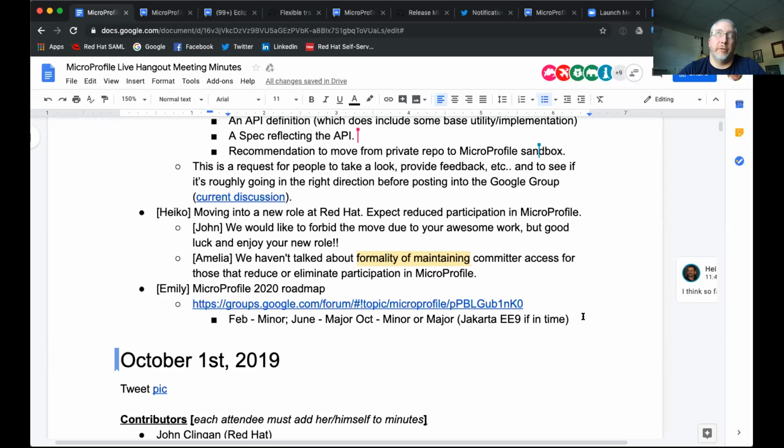Well, from my perspective, and I think I've made this clear to quite a few people, until Jakarta EE has a proven release cadence and cycle, we can't really talk about how we merge, how we operate together, because it took them 2 years to get Jakarta EE 8 out. We don't know how long it's going to take for EE 9, which is just a package rename. And beyond that, talking about features and other stuff, we don't know how regularly they're going to do stuff. We don't know if people are going to use it, because no matter how much some of us might love Jakarta to succeed, there's always the chance that it falls flat because it's just too much churn.